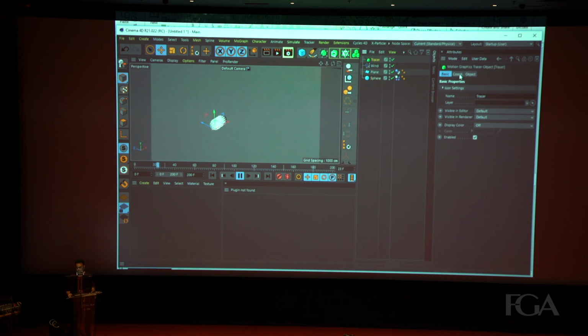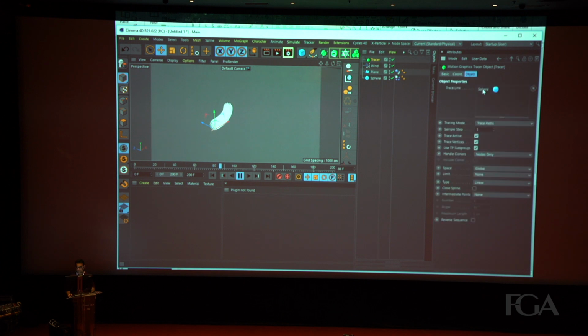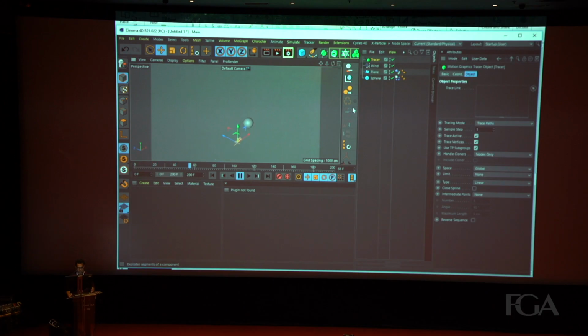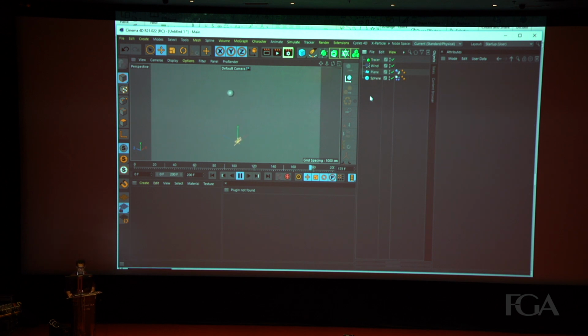So let's go to the tracer object and let me remove this, because the sphere was selected. If we want to trace it, I have to put a null parent to this sphere. So let's draw a null in the scene.